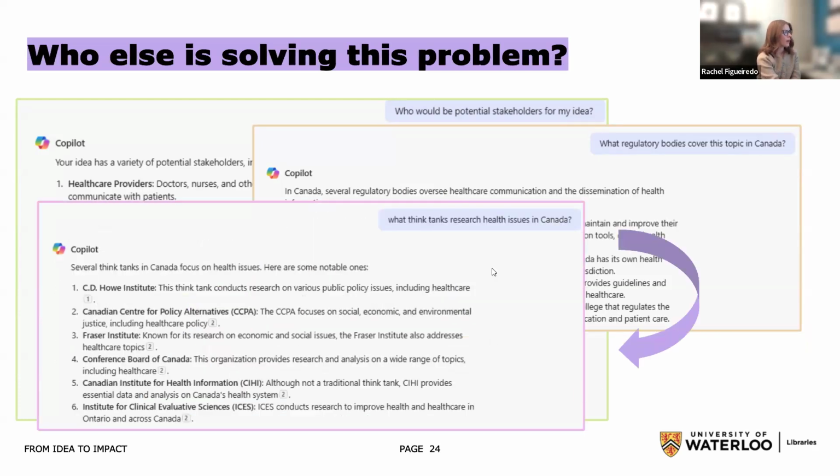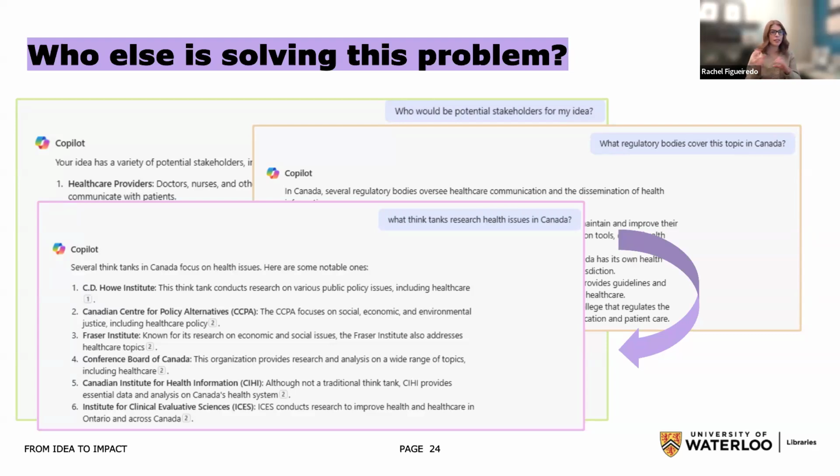Okay. And one of the other things that I would recommend is taking a look at think tanks in your particular area. So in this case, my particular area would have to be a little broader around health research or patient advocacy in Canada.